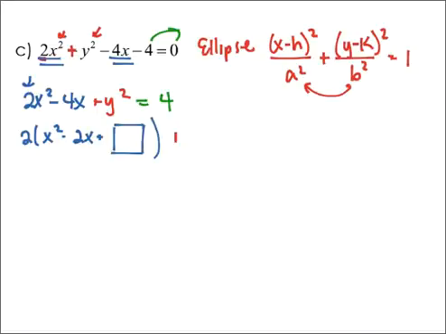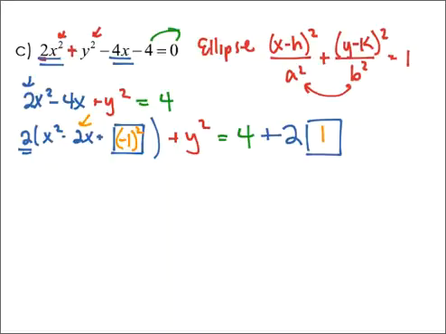The y squared, actually, this time I don't have to complete the square twice because there is nothing added to this. So remember, that part of the center is just going to be 0, so I don't really have to even mess with that. It's kind of nice. Equals 4. Now, since I had a box on the left, I need to add a box to the right, but remember, there was a 2 in front of that, so I have to keep that 2 out in front of it. Alright, half of negative 2 is negative 1. If I square that, negative 1 times negative 1 is 1. I end up with 2 times x minus 1, all of it squared, plus y squared is equal to, over here, 4